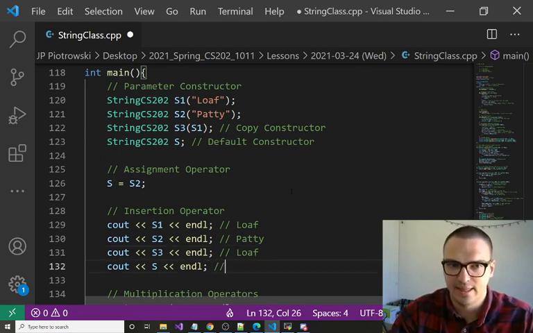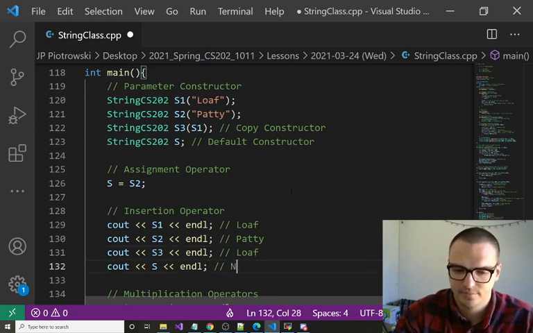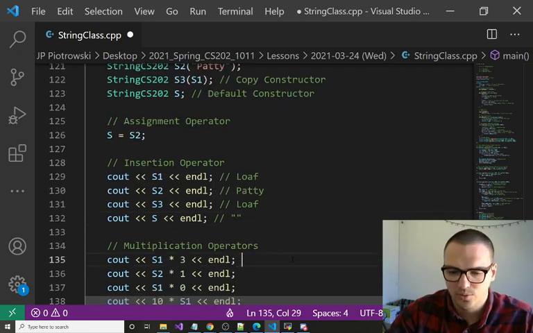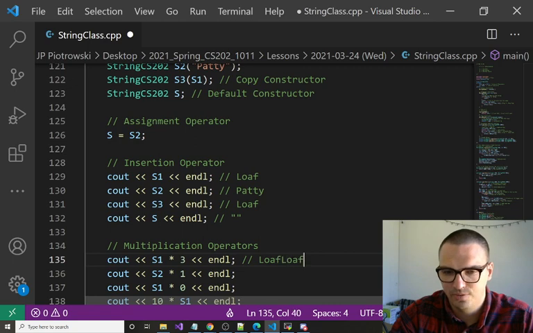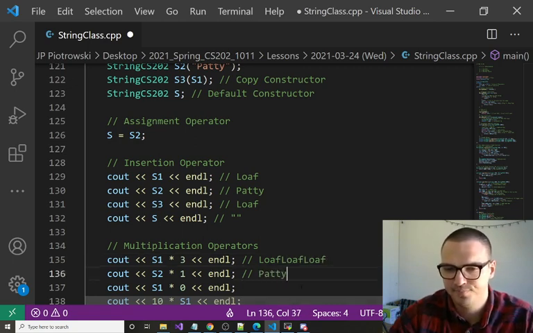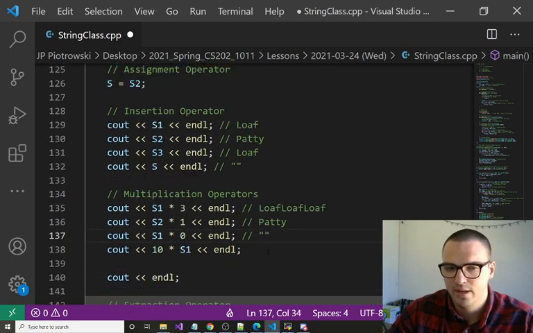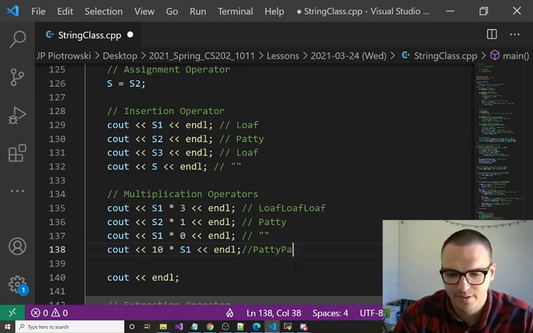And this will print nothing. It should print nothing. Empty string. And so this one gives us loaf, loaf, loaf. S2 gives us just Patty. S1 times 0 gives us empty string. And this will give us, I'm not going to type it out, but it's going to give us Patty, Patty,